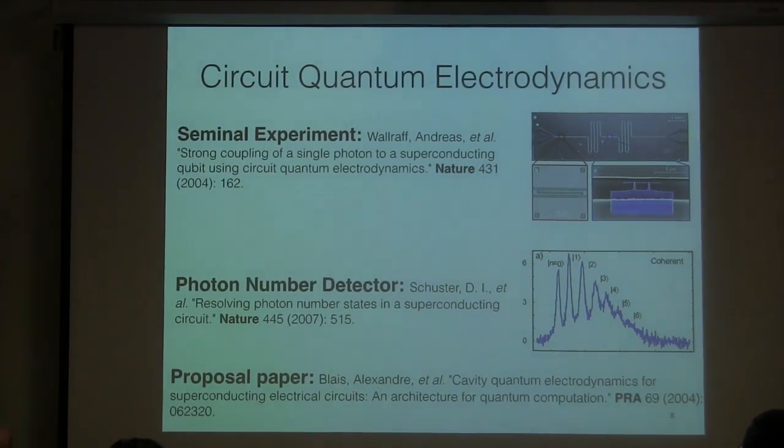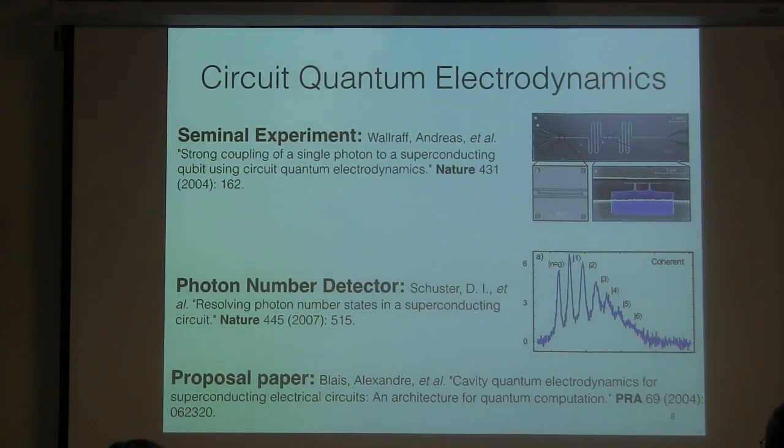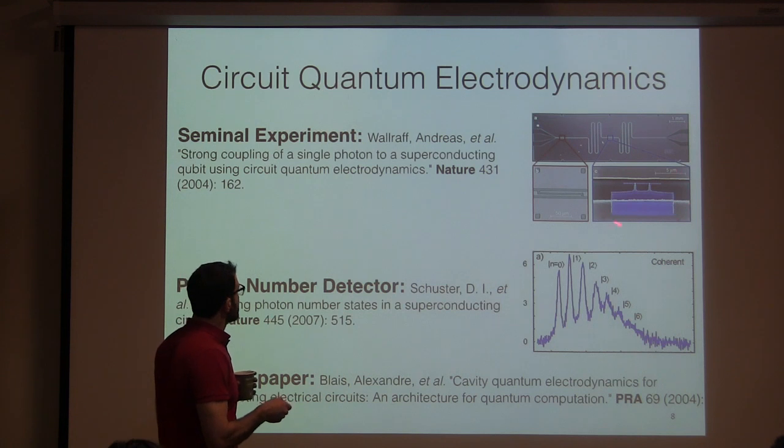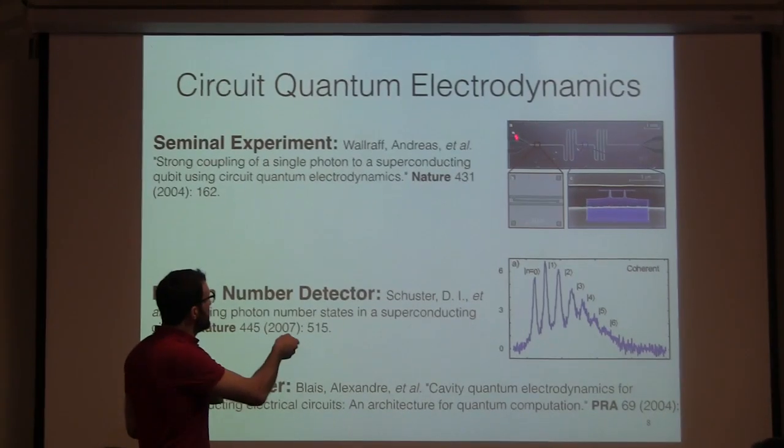So we've got this 300 megahertz of interaction, and these are actually the real numbers that people see in the experiments. In the interest of giving a broad introduction to this material, I thought I would point out that this is the seminal theory paper, and this is the first experimental demonstration of one of these objects. What you can see here is an early Josephson junction, actually a Cooper pair box, which is a slightly different object, but similar.